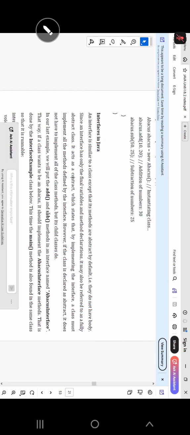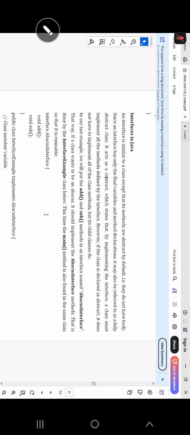So an interface is similar to a class except that its methods are abstract by default. That is, they do not have